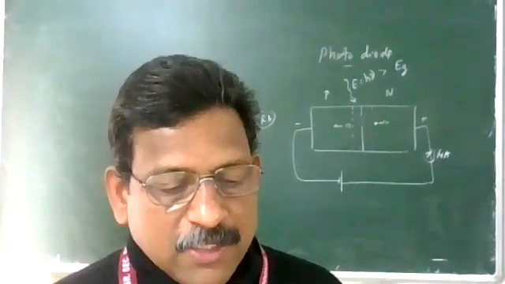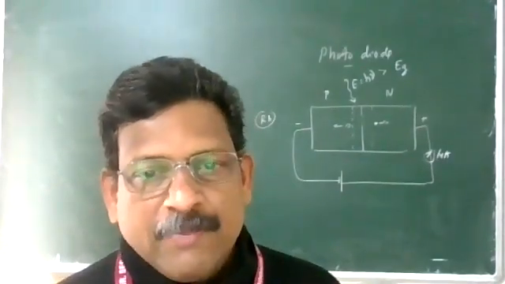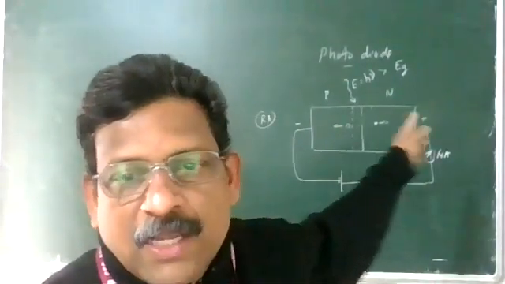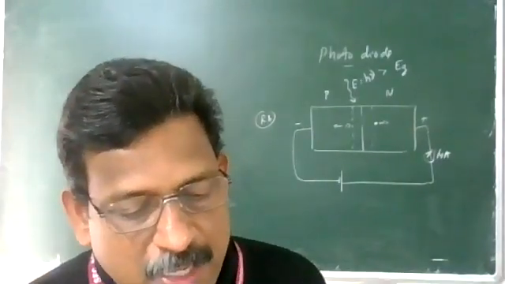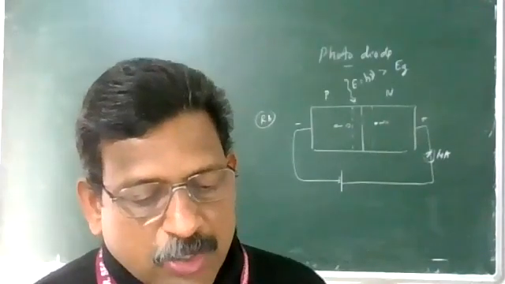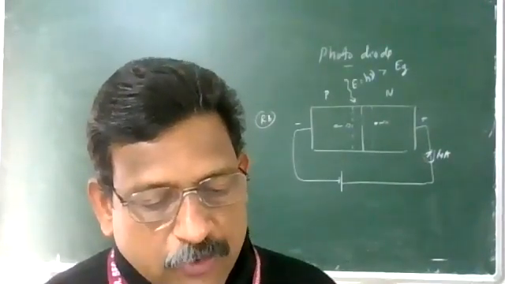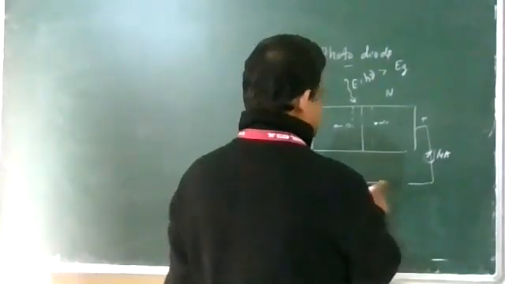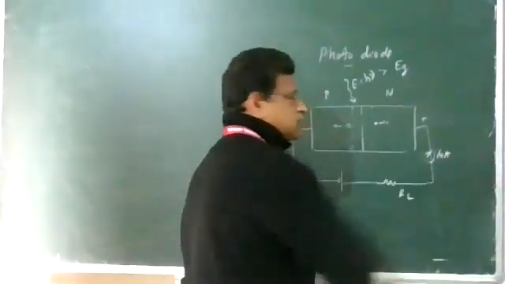Due to the electric field of reverse bias, electrons and holes are separated before they combine. You can see that holes are moving towards the left side and electrons are going towards positive. They are separated by this electric field. The direction of the electric field is such that electrons reach the N side and holes reach the P side. Therefore, when an external load resistance is connected, we are connecting the resistance here, a current will flow through this.